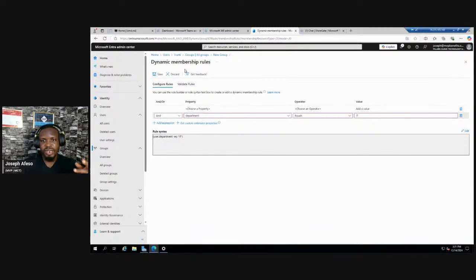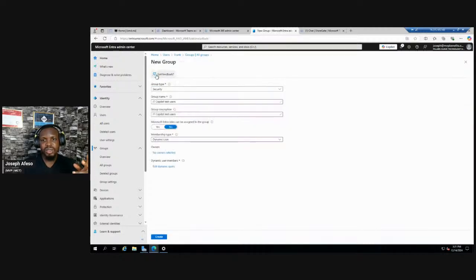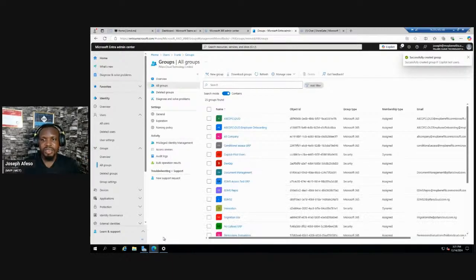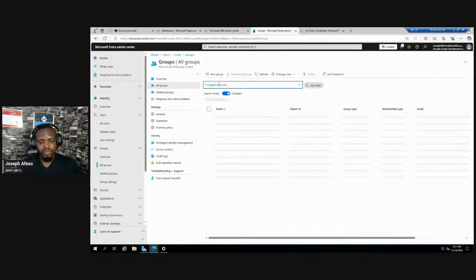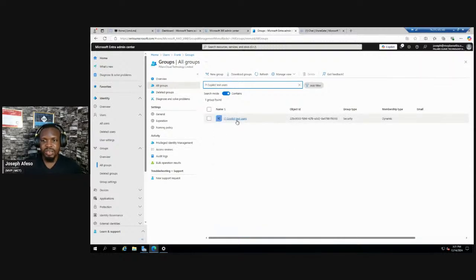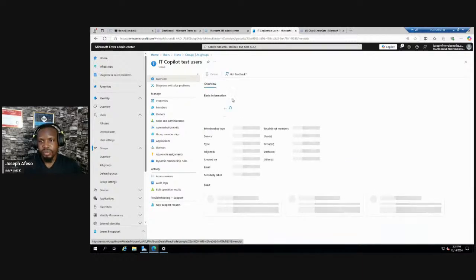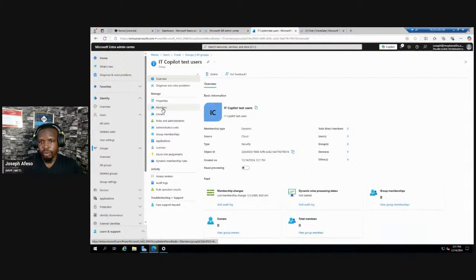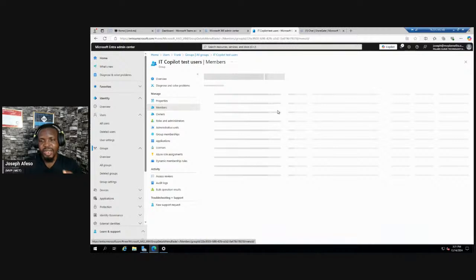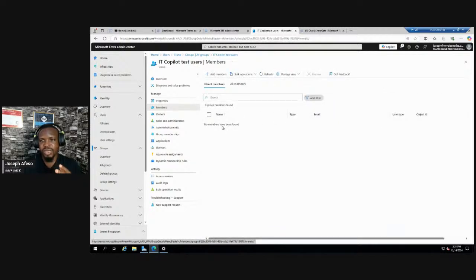Once you do this, the next thing to do is to save. If you click on create now, the group has been created and there is no option for you to add a user. I copied the group's name just so I don't forget it. So this is the group, we're going to hit on it. When we open this group, we have the option to check for the members of that group. At this point, it is possible that the users are not yet here. So what you can do is